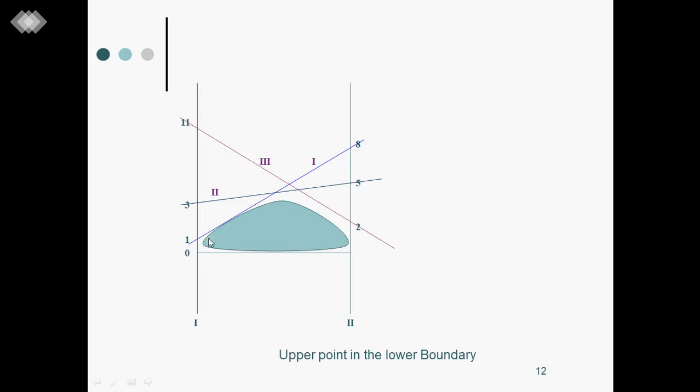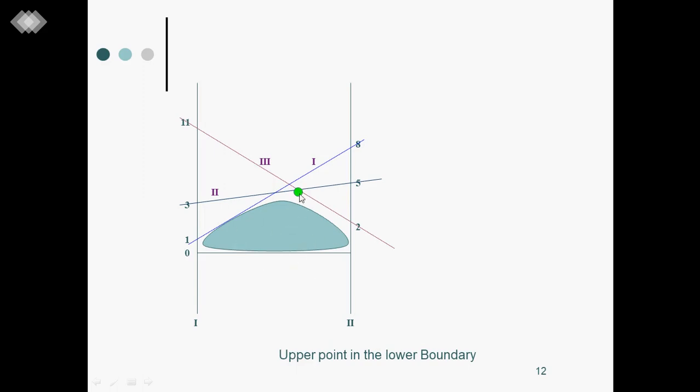How many points are there? This is 1 point, this is 1 point, and so on. Now, which is the highest point? This one is the highest point. The boundary is not just the points, because it takes a turn here, starting here, going here. If you name these A, B, C, D, then the highest point is here, as written. Please note that whenever it is a 2 by n game, you identify the lower boundary like this and take the upper point in it.